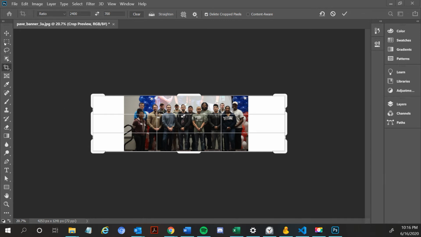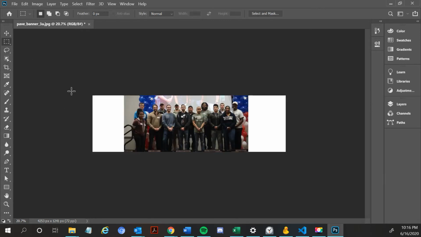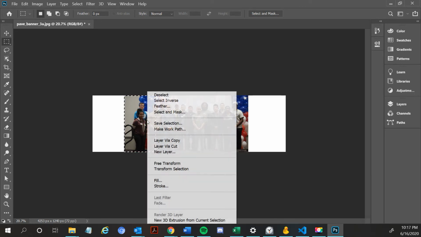Okay, so now what we need to do is, since we can't blur out the sides automatically, we're going to select a section of the size, so that we know how much of the sides we need to cover. So this is the amount we need to cover. So we take the selection into our image, and then what we need to do is